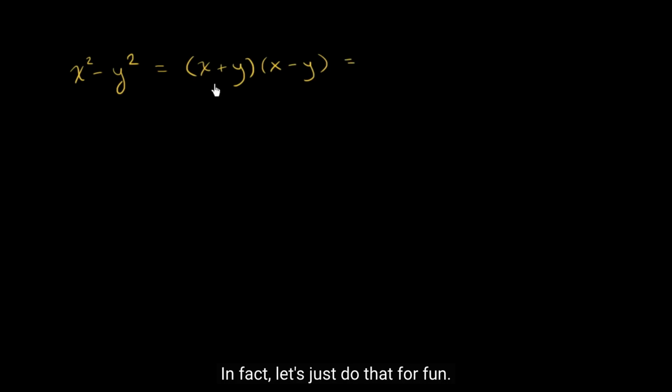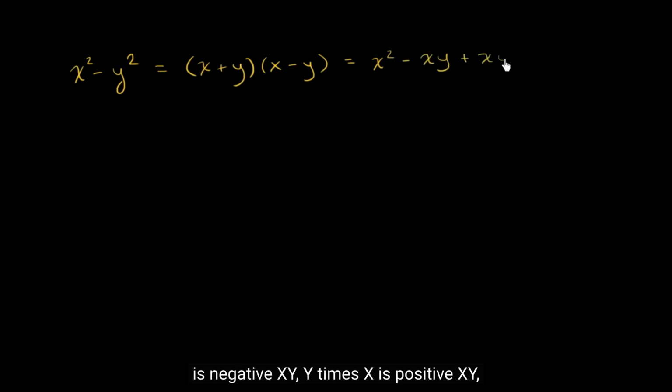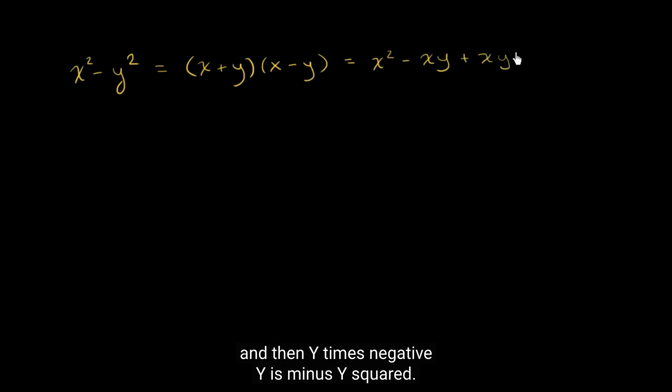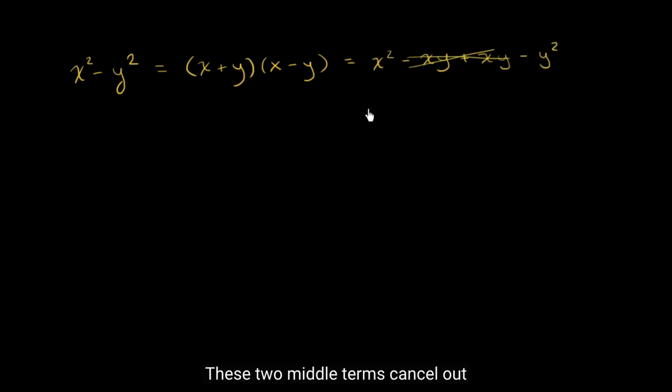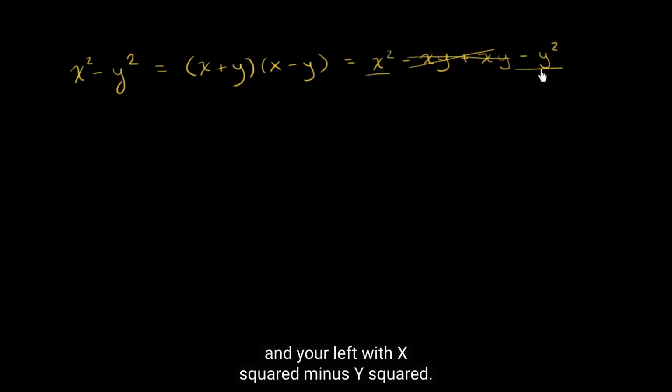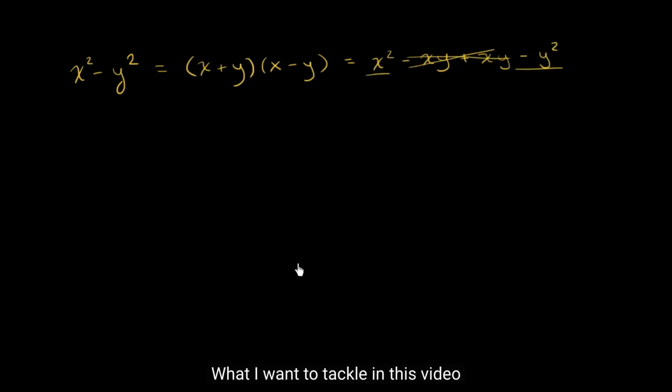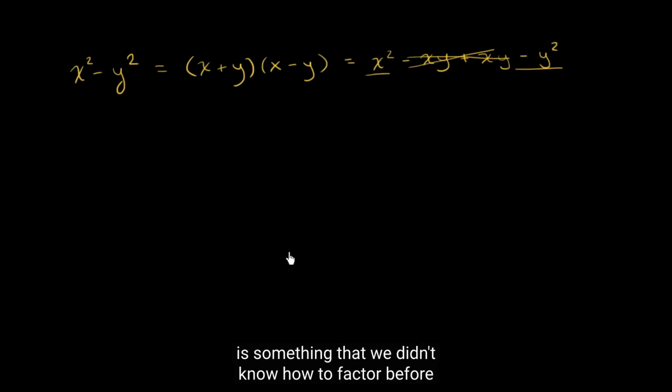In fact, let's just do that for fun. X times x is x squared. X times negative y is negative xy. Y times x is positive xy, and then y times negative y is minus y squared. These two middle terms cancel out, and you're left with x squared minus y squared. What I want to tackle in this video is something that we didn't know how to factor before, and that's